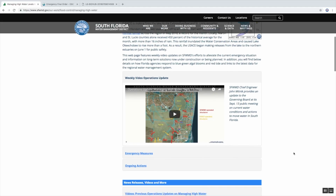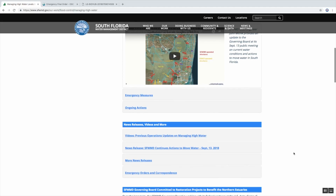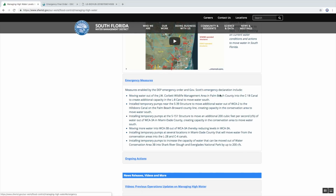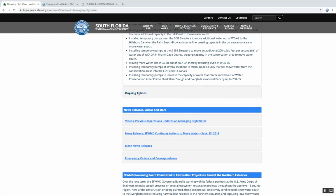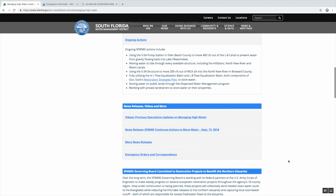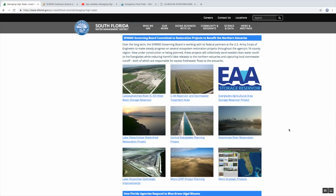Complete details of the emergency measures enabled by Governor Scott and the Florida Department of Environmental Protection. Other ongoing district actions, such as fully utilizing the A1 flow equalization basin and the L8 flow equalization basin to store water. Videos, news releases, correspondence, photos, details and status of several federal state cost-shared restoration projects now under construction